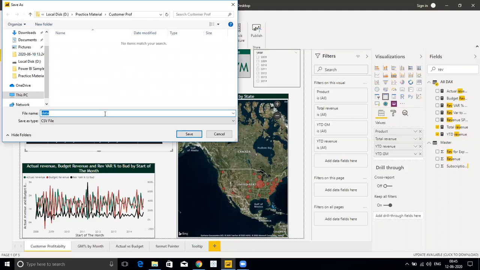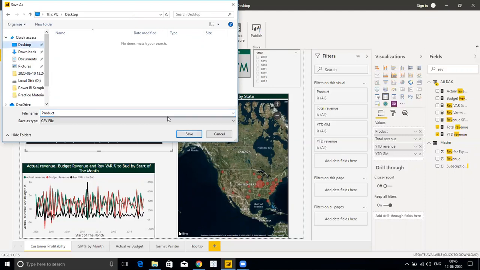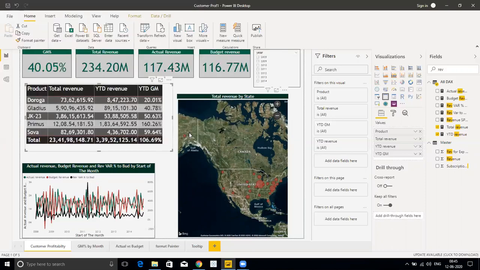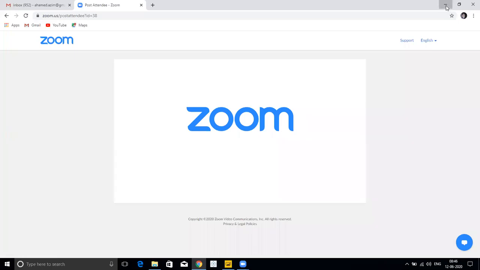You can type a name like product, and you can save this file. By default, the format is CSV, as you can see. Now when I click on this, this data has been exported. Let me minimize this.